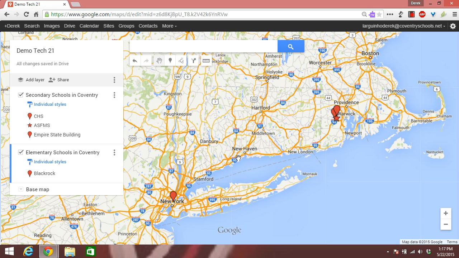Now, the easiest way to do this is first and foremost, make sure you have the markers of the two locations you want to measure the distance between. In this case, I have ASFMS with a star, and then here's a marker I have for the Empire State Building in New York. All you would do is go up here to the ruler icon, which says measure distances and areas, and